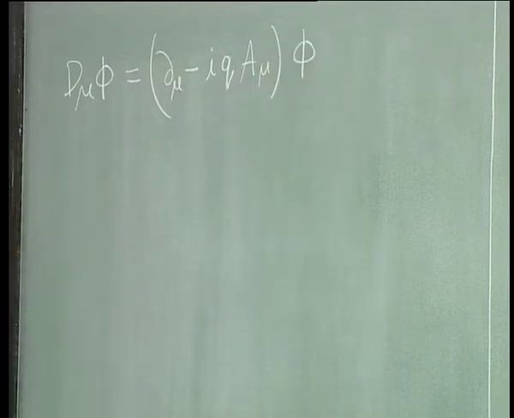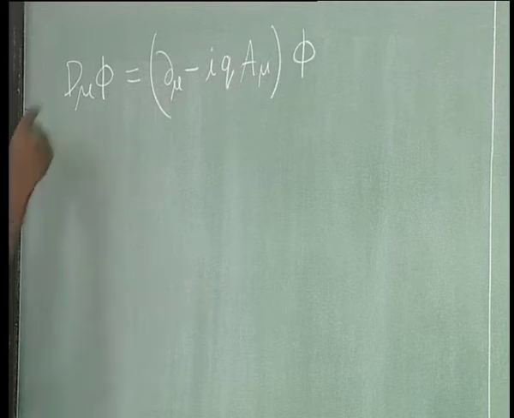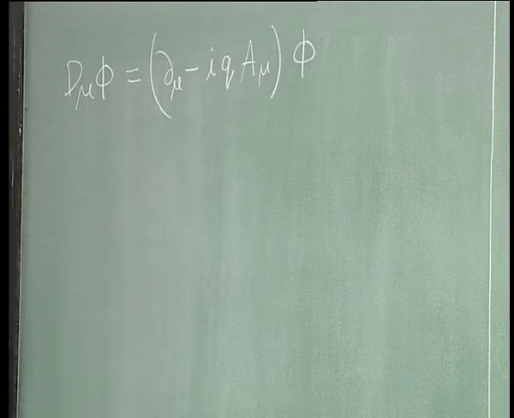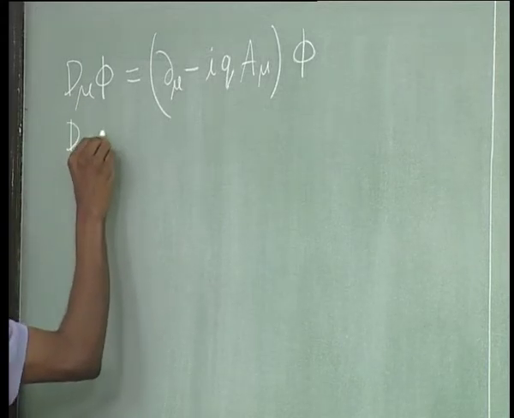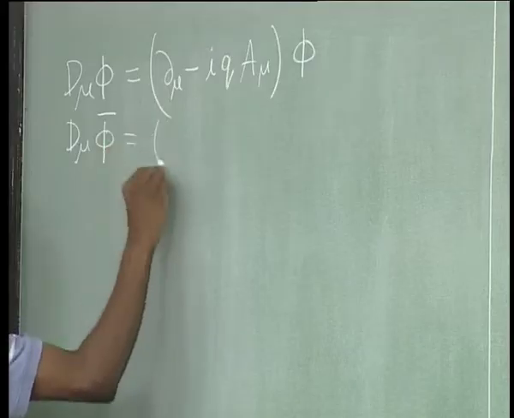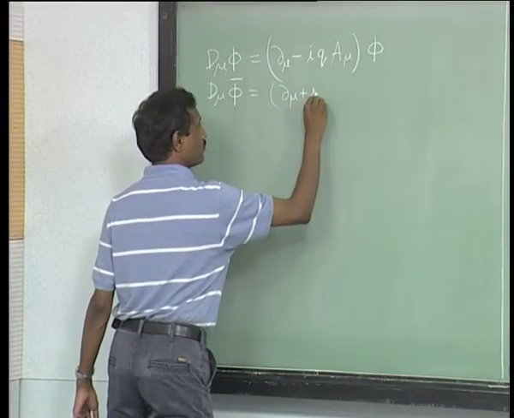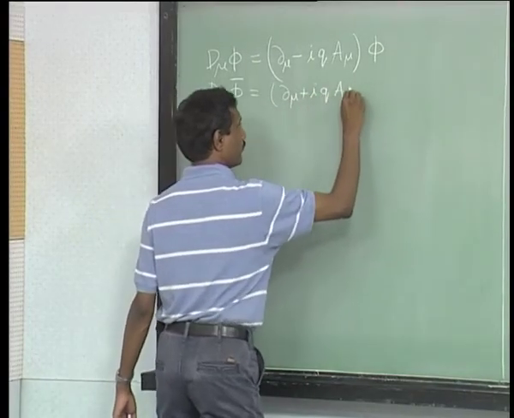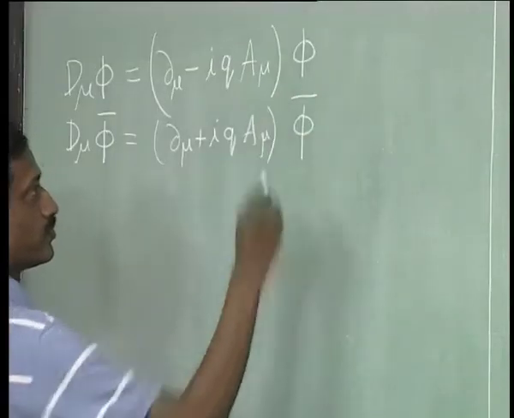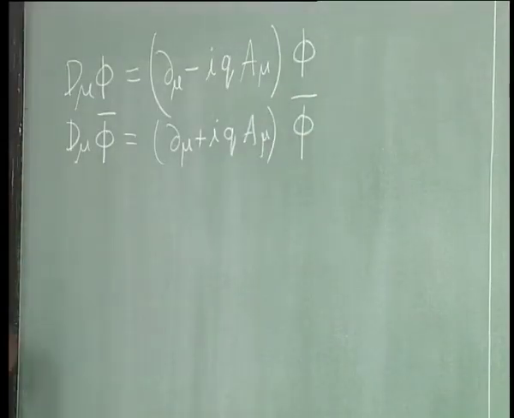This is how we defined it last time, and of course, for the complex conjugate field I said it is better to think of phi bar as something which has charge minus q. So, the rule is that